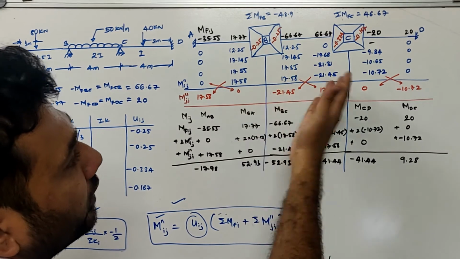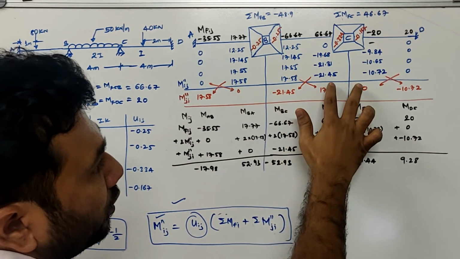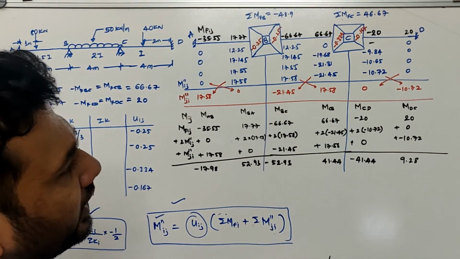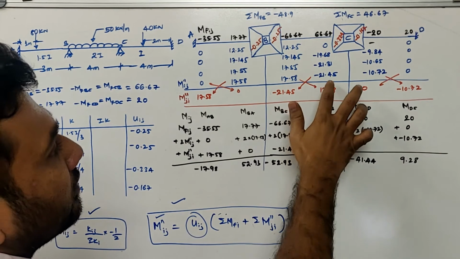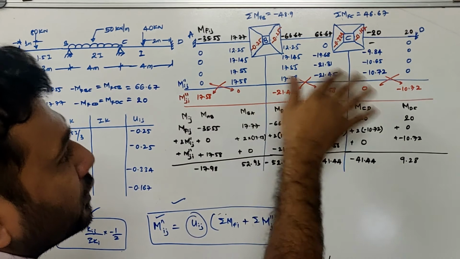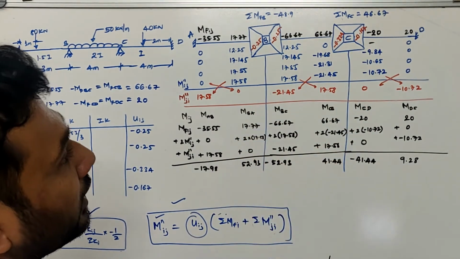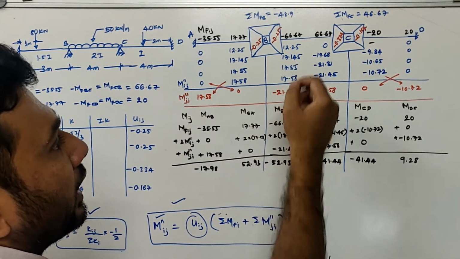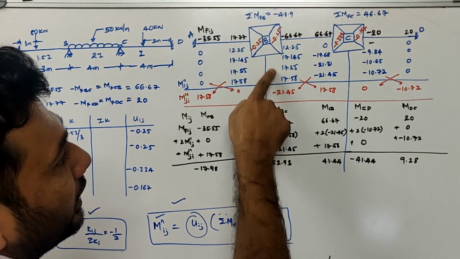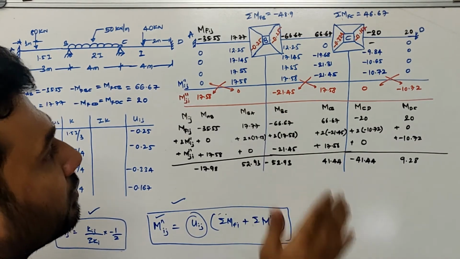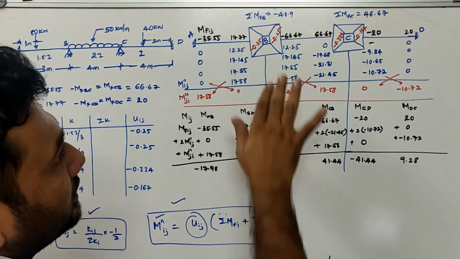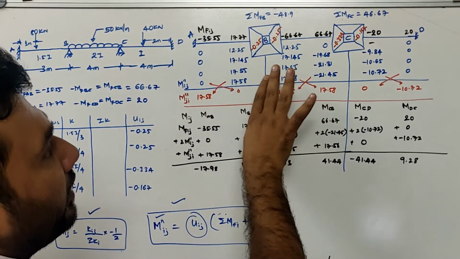If I go for a further step, another two rotation moments will be created, which will be solved, and they will vary only in decimals. Because of that, I would have to continue this procedure of balancing joint B. So when the values are varying only by a small decimal, we can stop the iterations. We began at B and we have ended at B itself. We started solving at joint B and we ended at joint B itself.